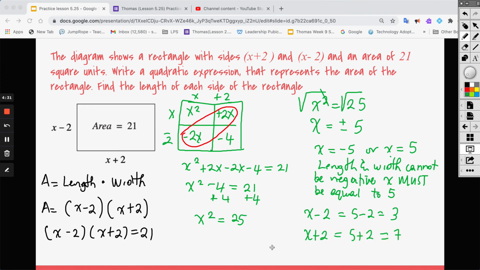7. So length would be equal to 7, and width would be equal to 3. So our solutions, first of all, the value for x must be 5, and then our solutions in this particular case is length and width. Length is 7, width is